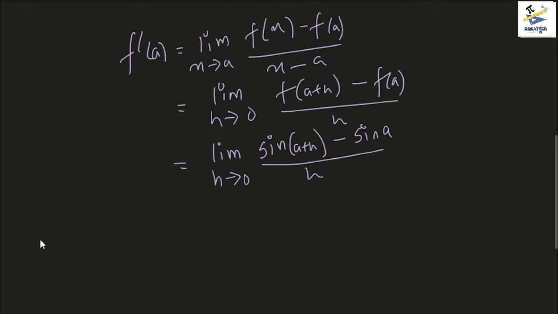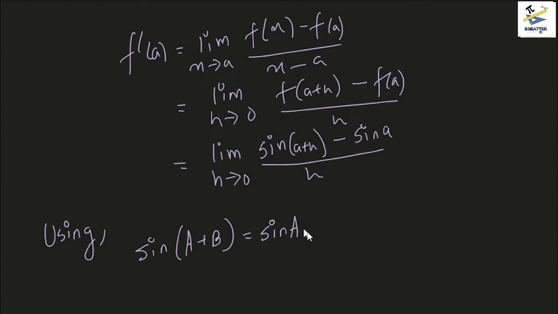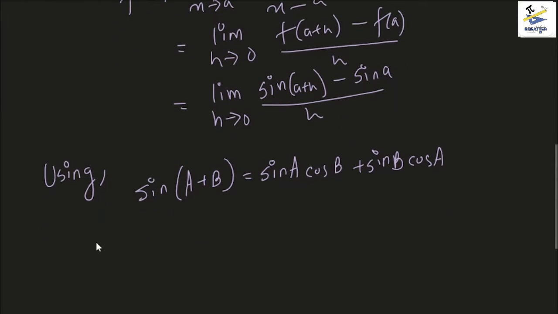Now we can use the formula for compound angles, that is, we can add and subtract angles inside sine, and we can also express them. So we can use the formula sine of a plus b equals sine a cos b plus sine b cos a. So this is the formula, right? So using this formula, we can see